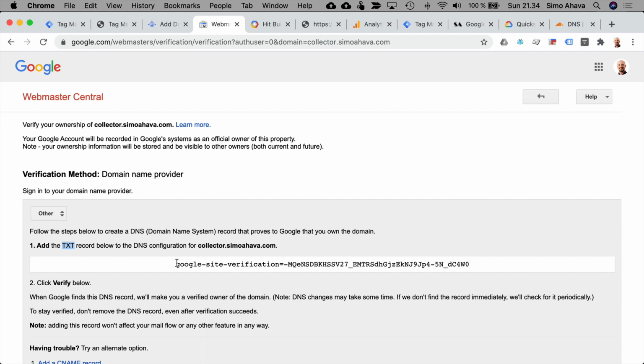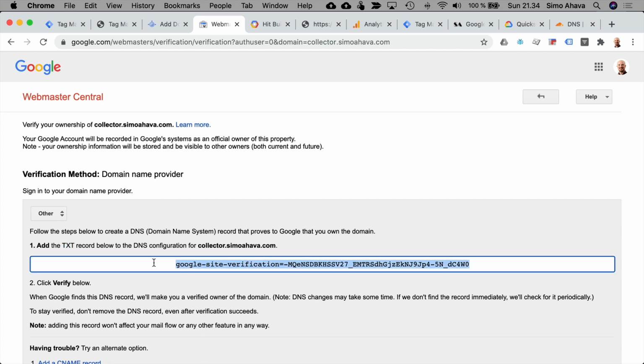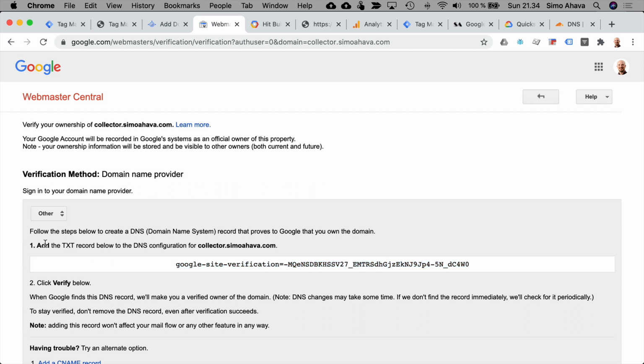So this will largely depend on how your DNS is managed. If you don't manage it yourself, you would have to tell whoever does it. You would have to give these instructions to them. And it's a very simple thing. They have to create a new TXT record for the DNS that has this content. But I'll show you how to do this in Cloudflare because that's where I'm managing my own